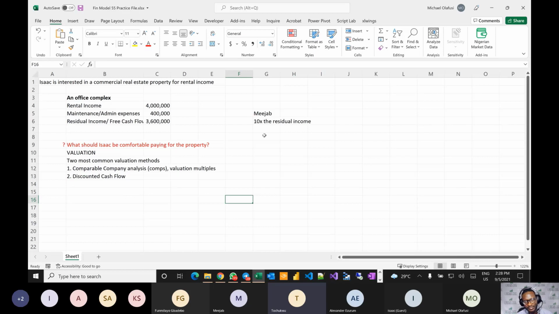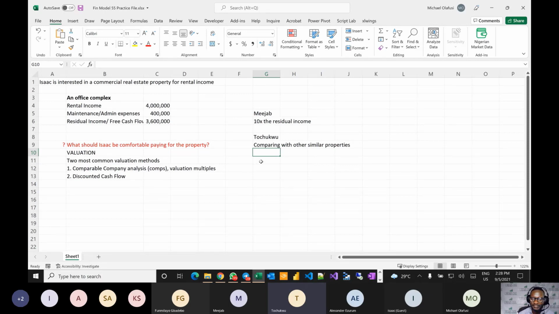So more like comparing. Personally, if I am the owner of the land, I will look at other houses too, then have a mean price, an average price that I can be comfortable paying for the house, and the kind of residents, tenants I'm trying to look out for. Am I looking out for high class tenants or middle income tenants or low income tenants? I think these are all the factors I would consider before I can actually place a price on the house. So depending on the location, that's what I just feel.